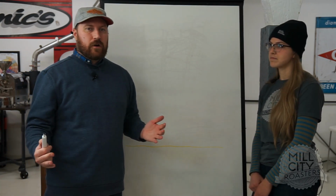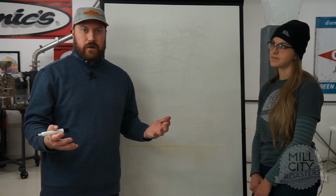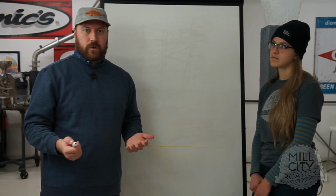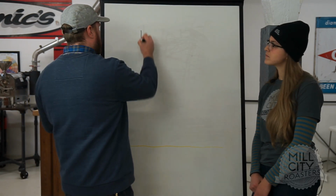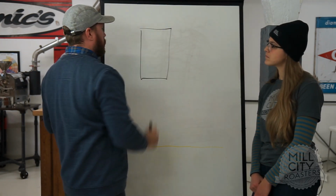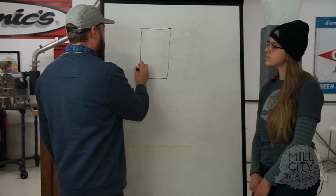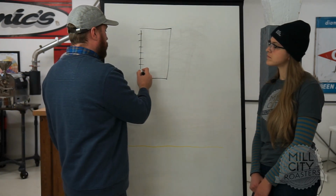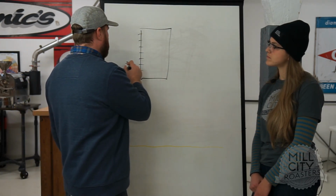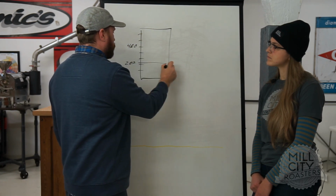But just in general terms, your charge temp is the energy that's stored in that drum. If you think about the energy stored as being thermal mass, think about a drum. The metal of the drum is kind of like a beaker, okay? And the amount of temperature in that beaker is the mass of energy that it has. So if this is 200 and this is 400, then the mass of this right here